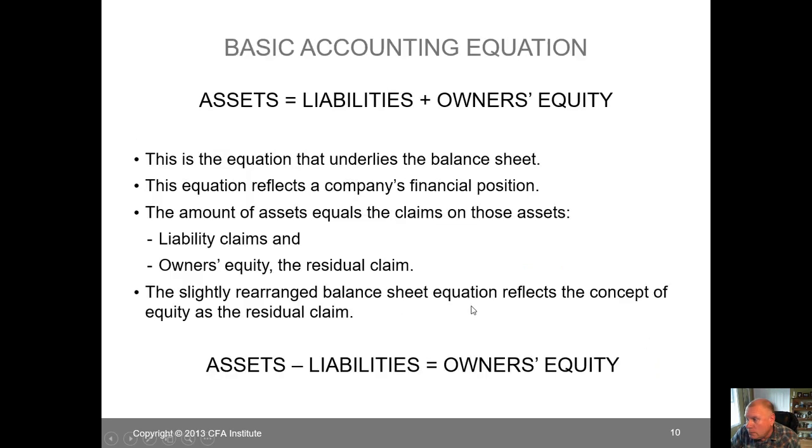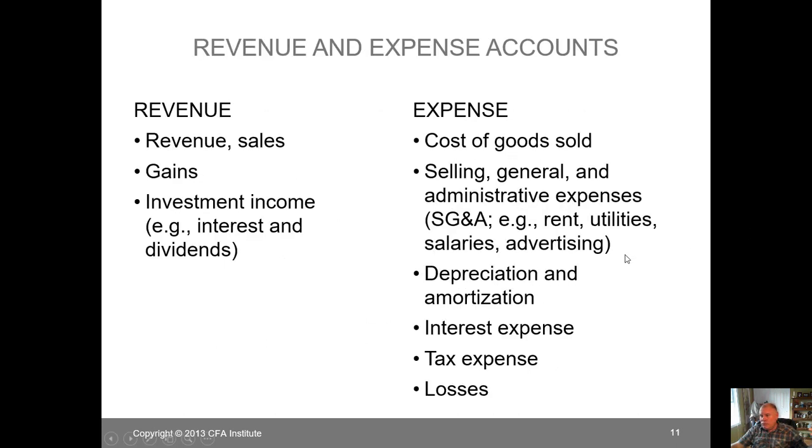It's the total. And we have the basic accounting equation. I already told you debits have to equal credits, but assets equals liabilities plus owner's equity. This is the equation that underlies the balance sheet, but it reflects the company's position at a point in time. Key to remember, this is a point in time, and since we use the cost basis for most things, it may not equal the market value of the company. So if we look at it, assets equals liabilities plus owner's equity, we could also look at it the same way: assets minus liabilities equals owner's equity.